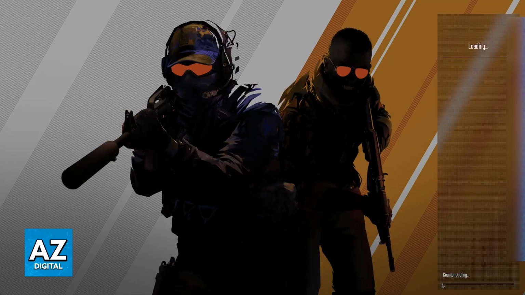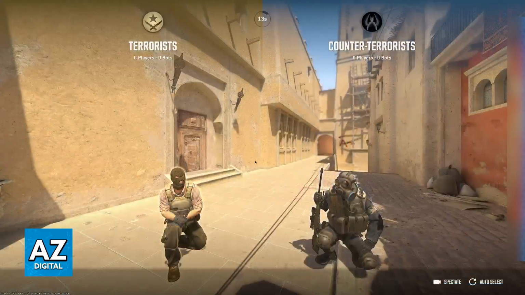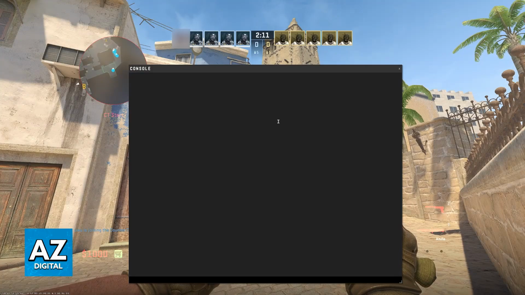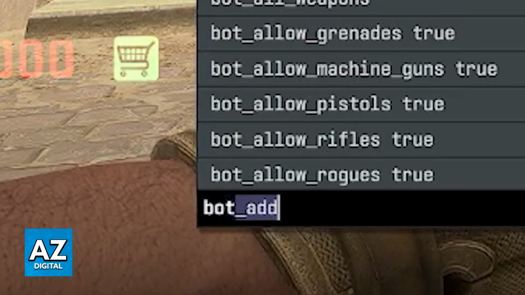Once you load in, the people who are in the lobby with you should be connected to the server as well, and at this point you are now basically ready to play. Without going into too much detail, the bots will load in immediately and you are now ready to go. Of course, you can customize these bots. For this video, I'm not going to show too many commands, but one of the options that I recommend is